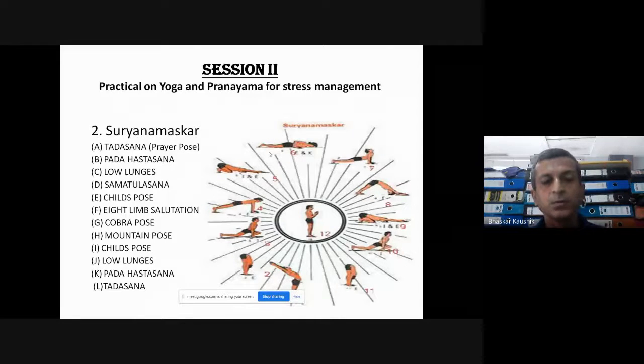After this posture, we'll be coming down to posture number 8, that is mountain posture. In mountain posture, you again drop down your head first, then you stretch your hip backward, and you don't have to touch your head to the ground. It will be hanging over there, and you just feel the stretch on your hip region, calf muscles and hands. So this is the posture called mountain posture, posture number 8. You stay there for 2 to 3 seconds, and then again you come back to